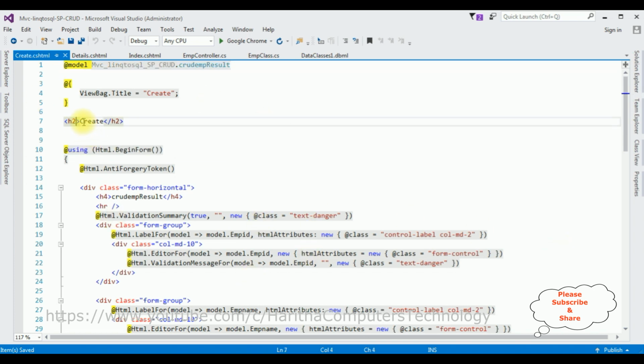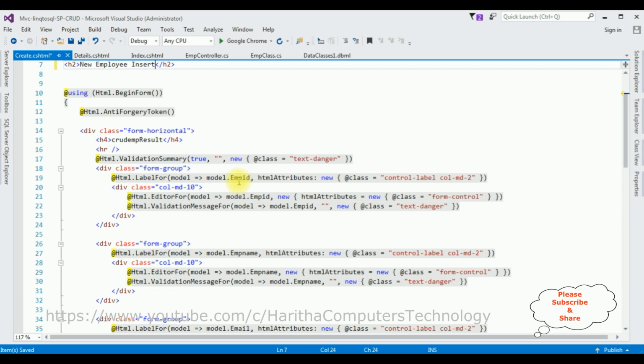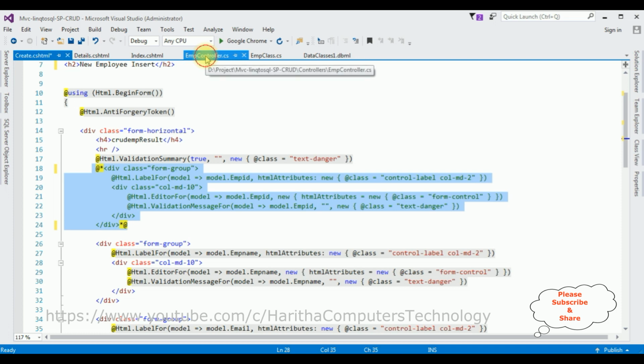I'm changing the header, new employee, insert. Instead of create, I'm adding insert. After that, notice here we got the emp id, which I don't require because the emp id column is an auto generate column. So I'm commenting this part, the emp id column. I can switch to the controller,